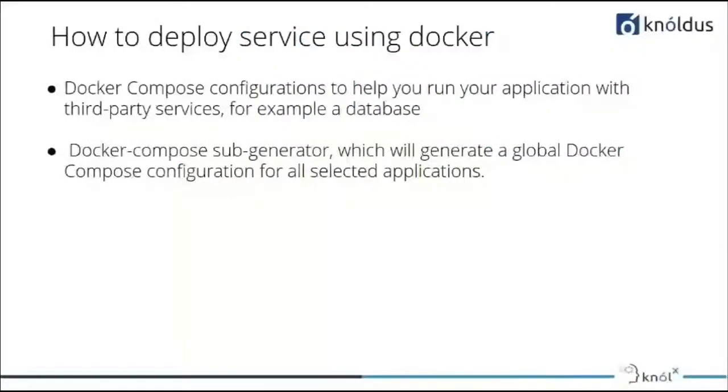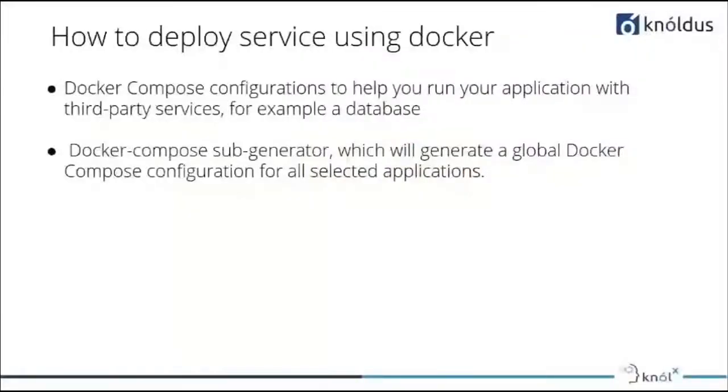Like I already mentioned, every application that has been used in our architecture should be registered first by the JHipster registry. So the Docker Compose file that the sub generator generates is written like that: first the JHipster registry gets started, and then the rest of the applications which need to be started, they are started in that order. So next.